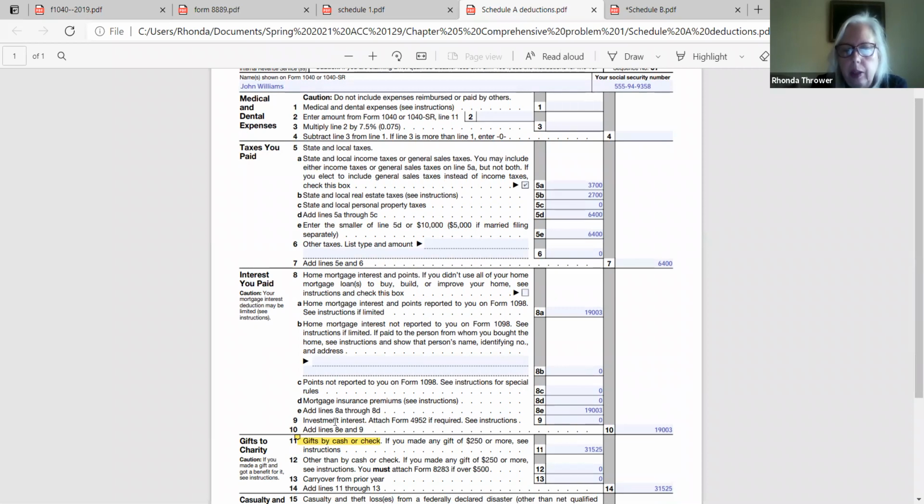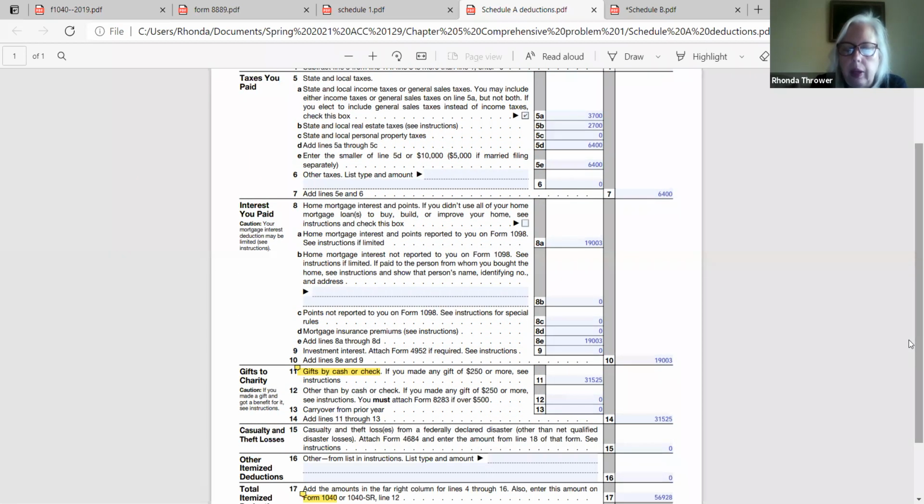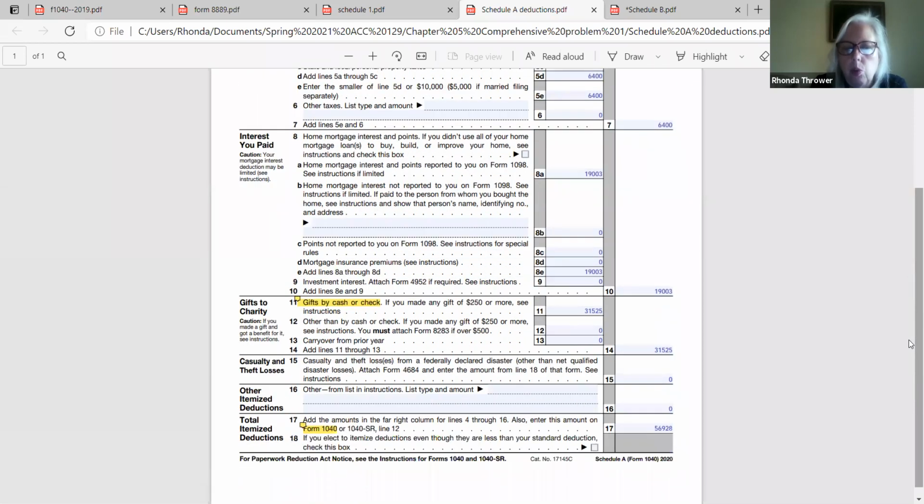And then you end up adding lines 8A through 8D, which amounts to $19,003. And again, that's carried down to line 10. So that's all we had in interest that we paid toward our home mortgage. The next thing we had were some